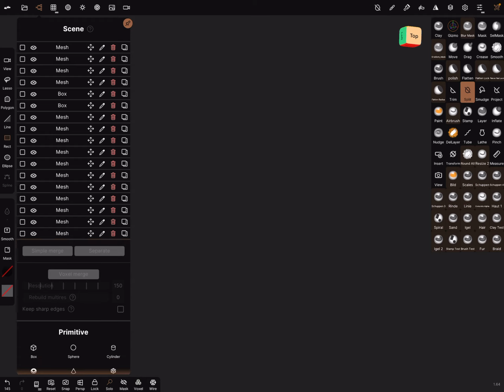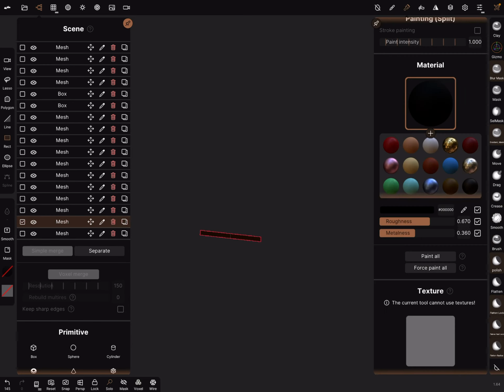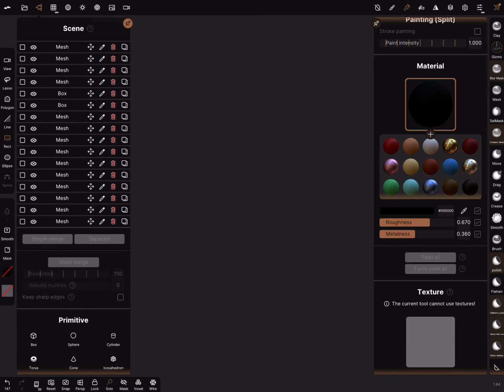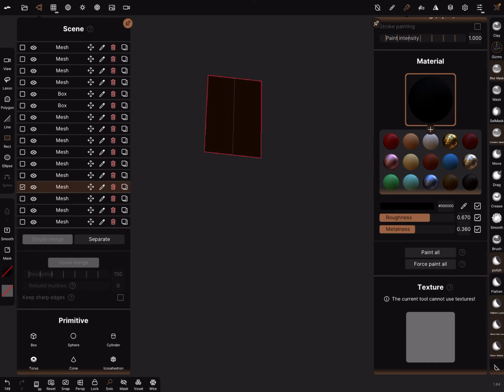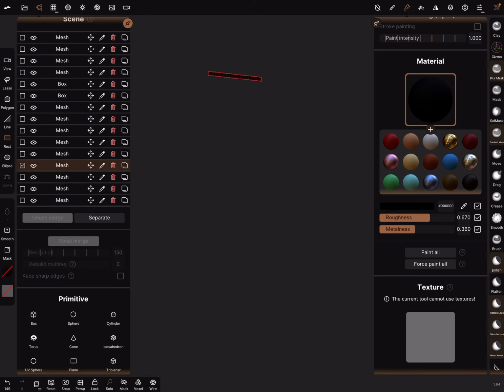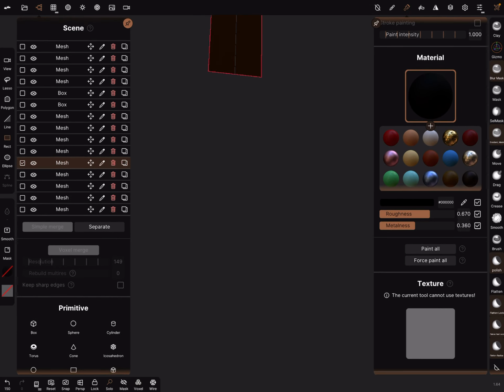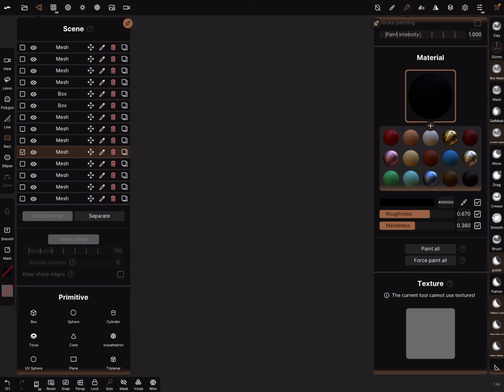this one we can delete. The next one we can paint black. This one we can delete. We can paint it black. We can delete. Paint black. Delete.